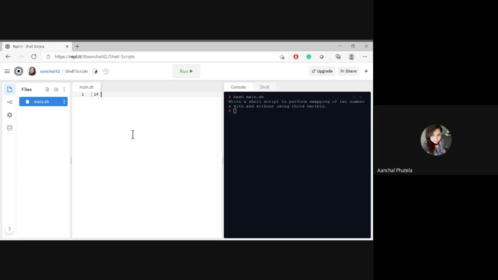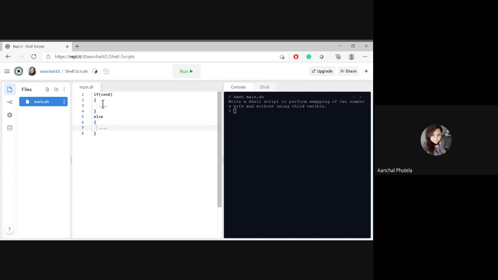ठीक है? तो if और else का बेसिक सिंटेक्स क्या है, पहले मैं आपको वो बता देती हूँ, फिर हम स्क्रिप्ट्स में कैसे यूज करते हैं वो देखते हैं. We are using if with some condition, right? If that condition is true, some set of statements will execute. This is how if works. And if that condition is not true, we use the otherwise statement, that is the else statement, and that will execute. This is how if-else works.